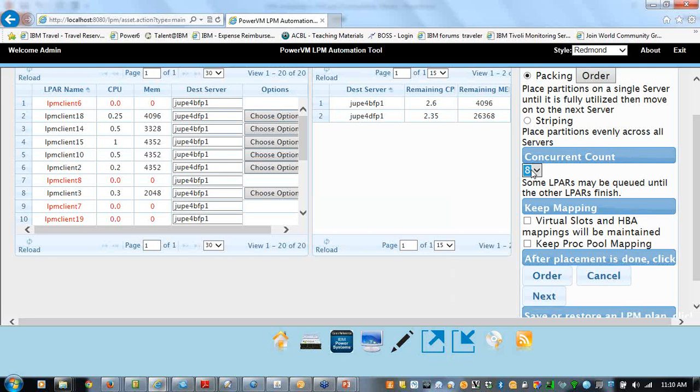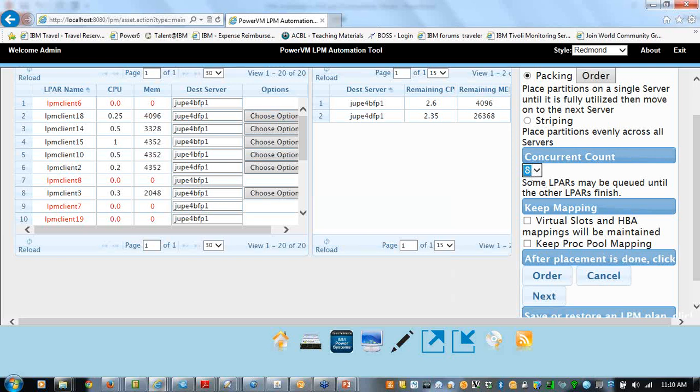So definitely the customers that have 4 or 5 servers and one server is empty, and they use a rotating server strategy where, when they want to do maintenance, they move everything from one server to the second server, that's perfect for them because they keep all their mappings, all their HBA mappings, which is even more important to them. Virtual slot numbers stay the same in the VIOS. They always stay the same in the client. So you have that option there.